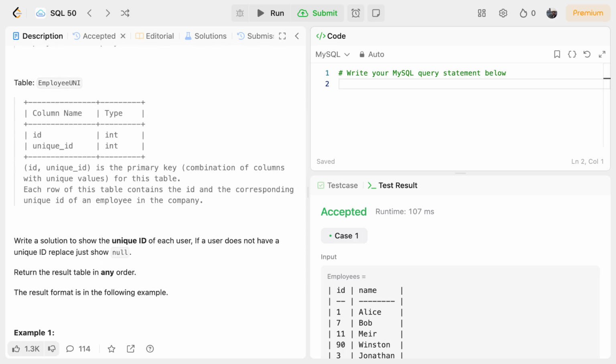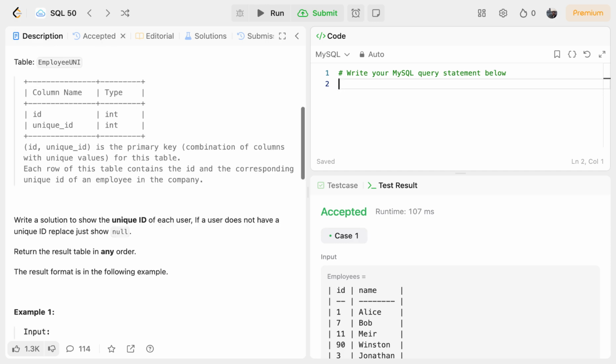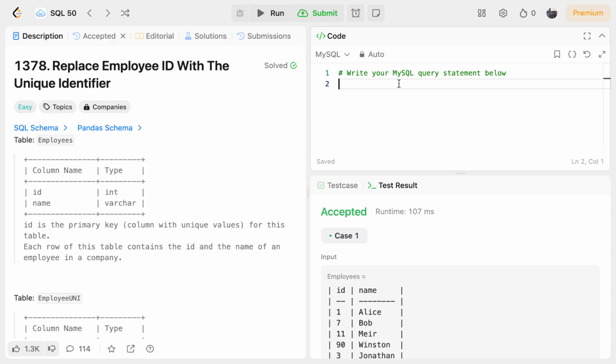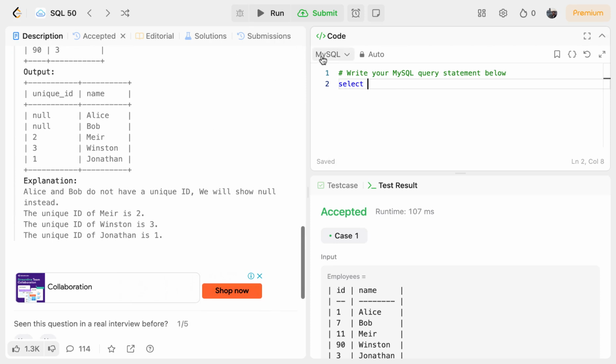Write a solution to show the unique ID of each user. If a user does not have a unique ID, just show null. Return the result table in any order. The result format is in the following example. Let's get started. Select. In the output, we need to have unique ID and name columns from